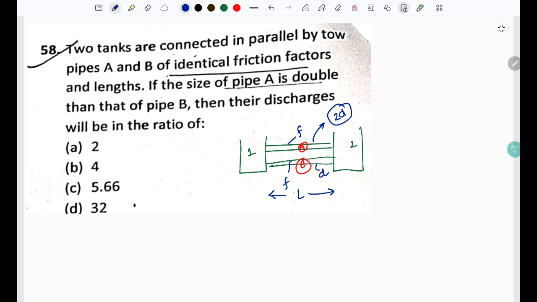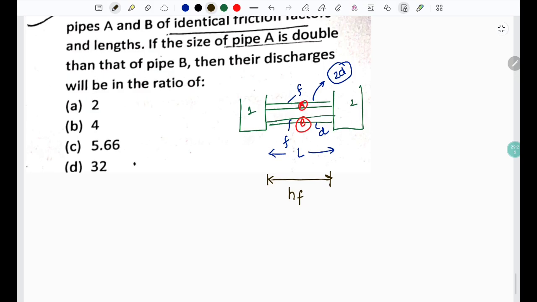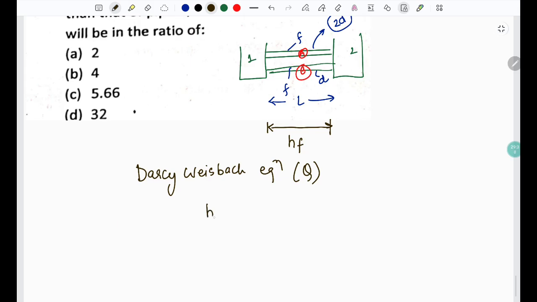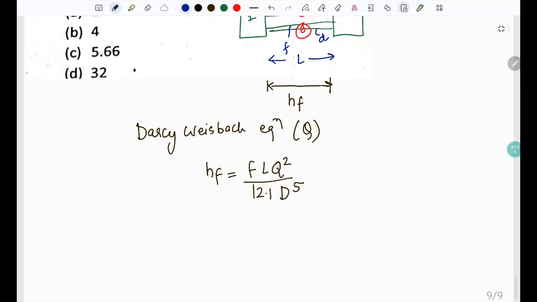Now you see, the concept is simple: in a parallel flow between two reservoirs, the head loss is equal, and from the Darcy Weisbach equation in terms of discharge, we have hf equals f L Q square by 12.1 d to the power 5. So simply I could do that,